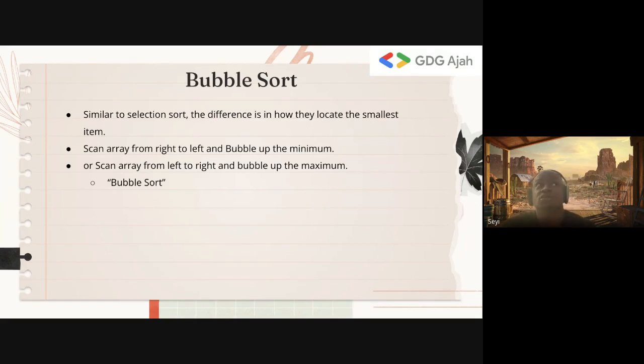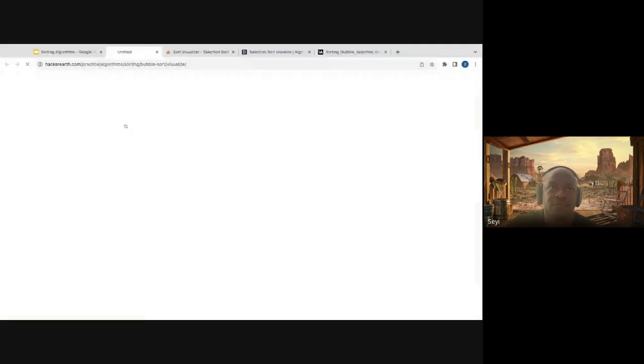So if you look at selection sort, at each iteration, we're putting the smallest element in the correct place. So essentially, we are trying to find the smallest element each time. Now, bubble sort does the same thing, but it does it differently. Instead of finding the smallest element, it bubbles up the smallest element or bubbles down the maximum element, however you want to look at it. The visualization is the best way to understand this. So I'll go forward. The visualization.